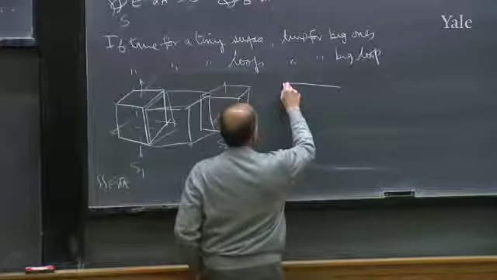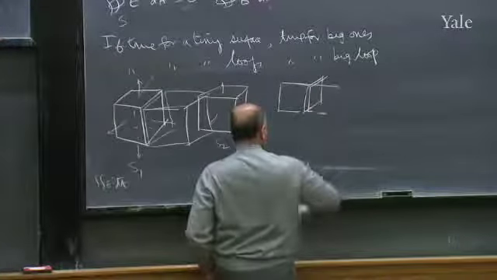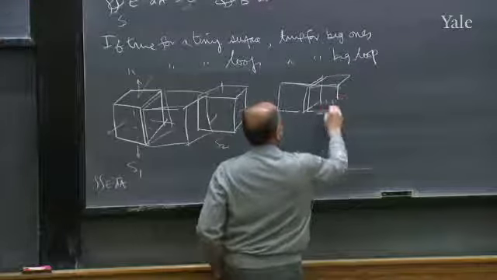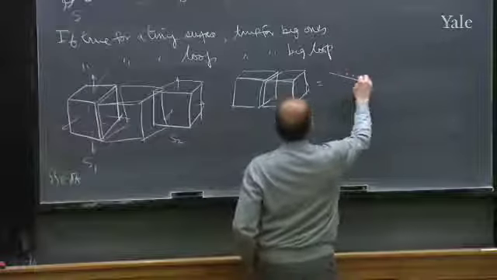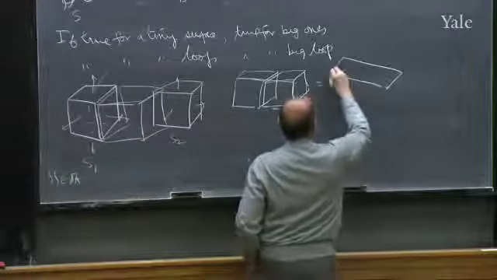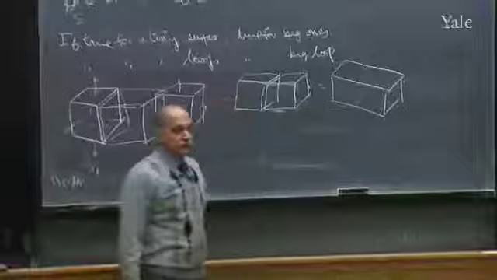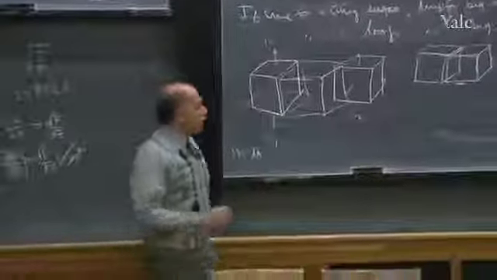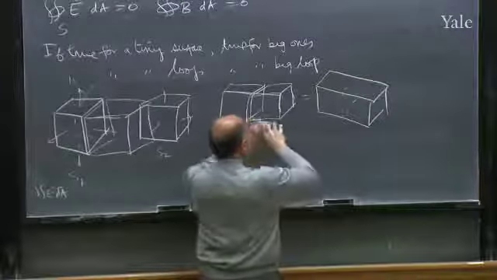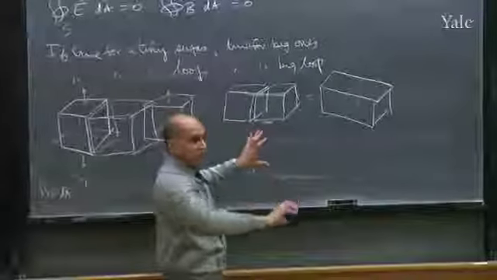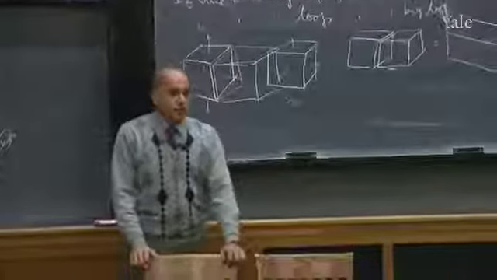In other words, let's see, take one cube, take another cube, and that surface integral will be the same as on a longer object. I don't know what this is called, something over that. The two cubes used to be sharing this. Do you understand why? Let's understand why the integral on this guy, which is if you want two cubes joined to form a rectangular solid, that surface integral is the sum of these two surface integrals. Think for a minute about why that is true.